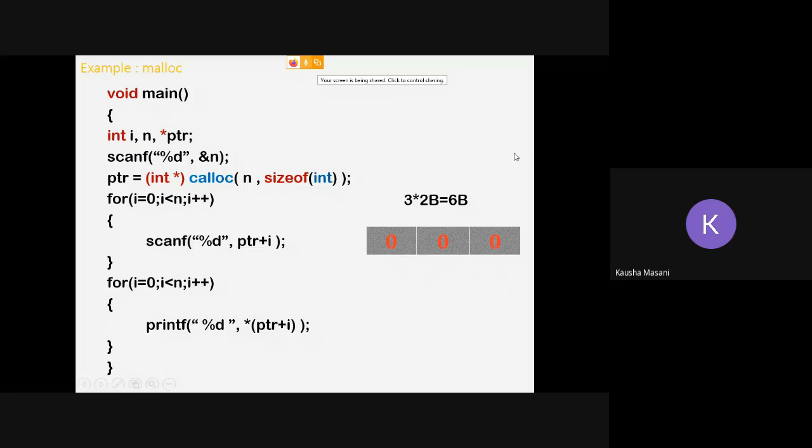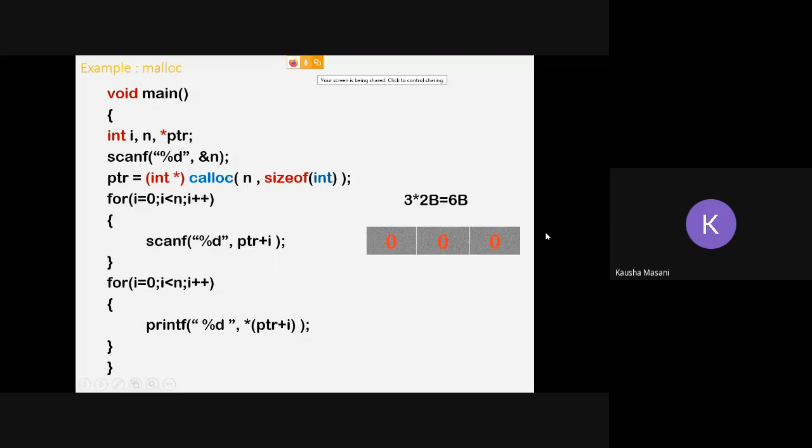This first memory block can be at memory address 103, this can be at memory address 105, this can be at memory address 100. So multiple memory blocks, and all those memory blocks are initialized to 0. That's why here it is written 000. Here I have not done any scanf, I have not done any printf. I have just executed this third line, that is ptr equal to integer star calloc n comma size of integer.